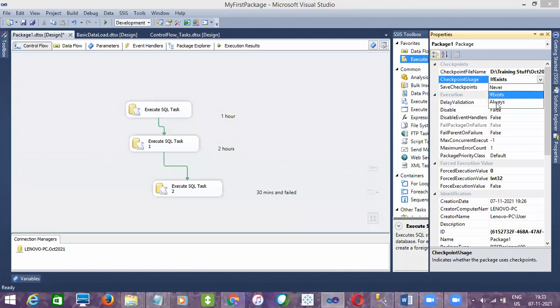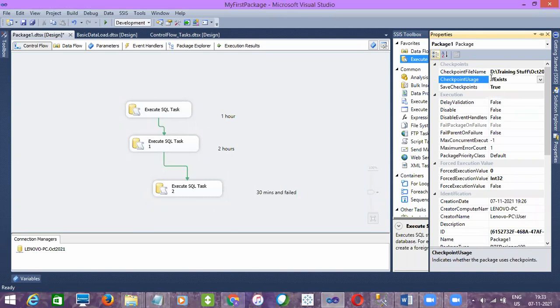Or I think with always it will create a new file. Sorry, am I wrong? So always is nothing but it will always create a new file. Okay, that is what always means. If exist can do both. If it is available, it will utilize the existing one. If it is not available, it will create a new one. So that is the reason why